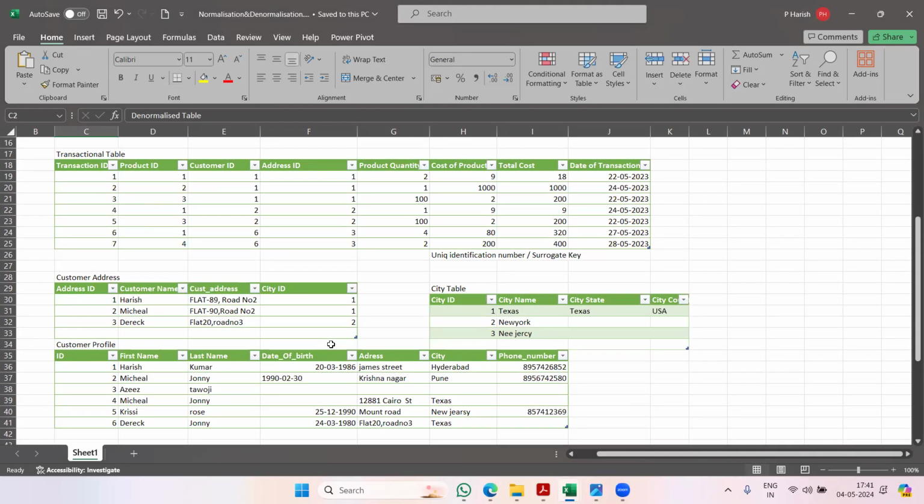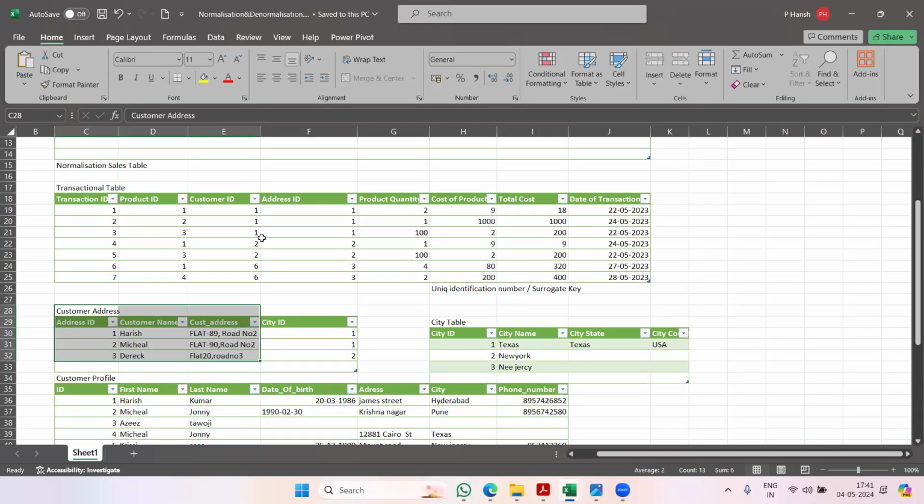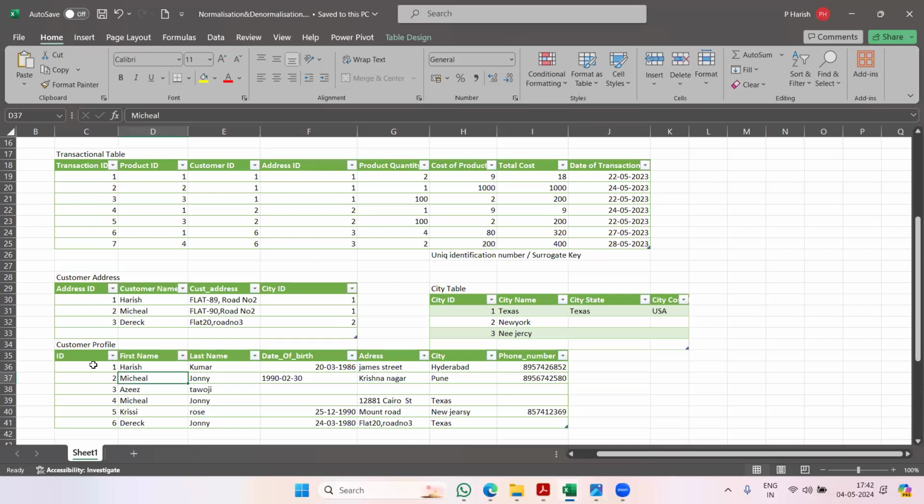So wherever you feel that I am going to enter particular information repeatedly, suppose customer is there. We are going to store customer information. Customer address is required, and the customer is going to come multiple times into my store. So I'm going to create a customer address table and store all the customer related information: customer name, address, city. So whenever I want to refer to him, I am going to refer just with his customer ID. Here it is. See,